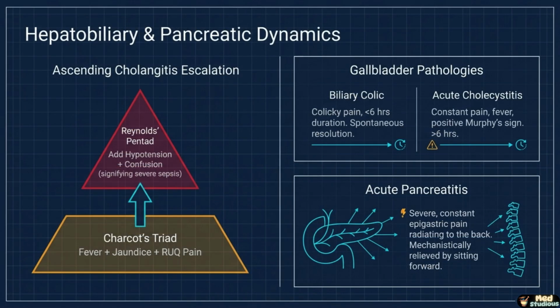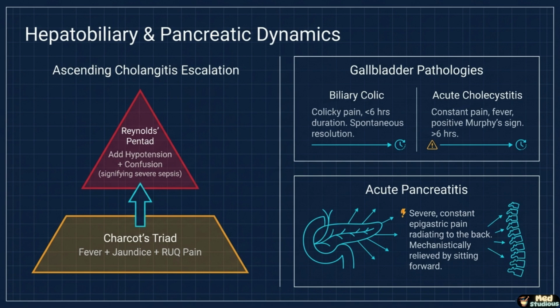Biliary disease follows a clear severity ladder, and recognizing where a patient sits on it is a frequently tested skill. Simple biliary colic causes colicky right upper quadrant pain lasting less than 6 hours that resolves spontaneously as the stone shifts position. When pain becomes constant and is joined by fever and a positive Murphy sign, the diagnosis has escalated